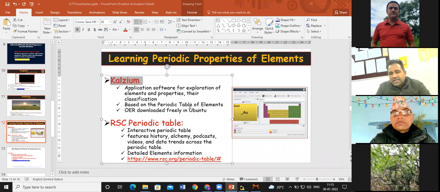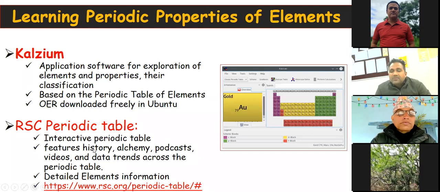Okay, so this is the Calgium. There is another software. If you are using the browser, then you can go for this one. The Royal Society of Chemistry has also given a periodic table of the elements, and this periodic table is the interactive periodic table. It features the history, alchemy, podcast videos, data trends across the periodic table,